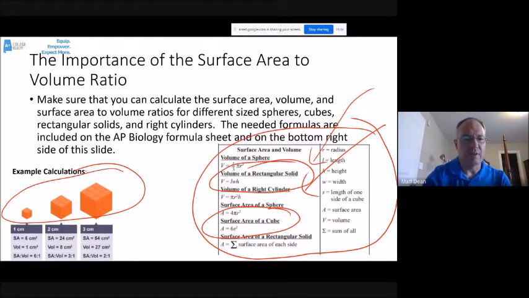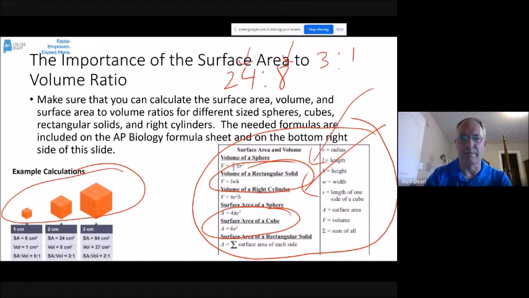To get the volume, length times width times height, so 2 times 2 times 2 to get 8 cubic centimeters. So your surface area to volume ratio would be 24 to 8. Now, oftentimes you reduce that, just like you would reduce fractions. So you could divide both pieces of this by 8 and end up with a surface area to volume ratio